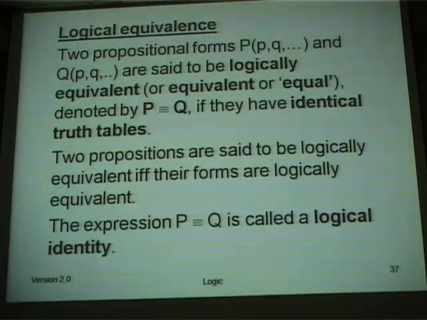So when their truth tables are identical, we say they are logically equivalent, or they are a logical identity. Right? The logical identity. In mathematics, in logic, logical identities play major roles. People, mathematicians, they need logical identities to solve some of the problems. For example,